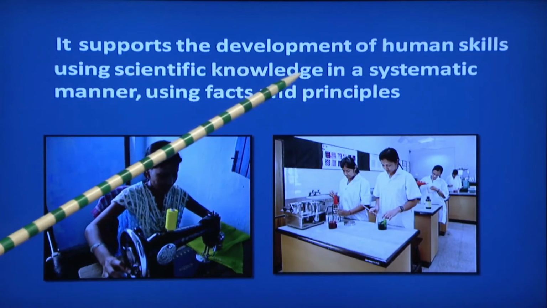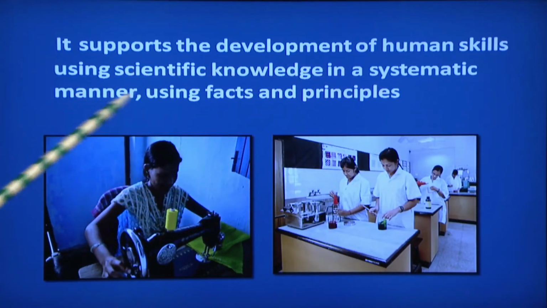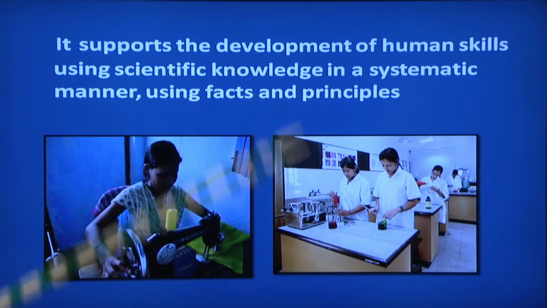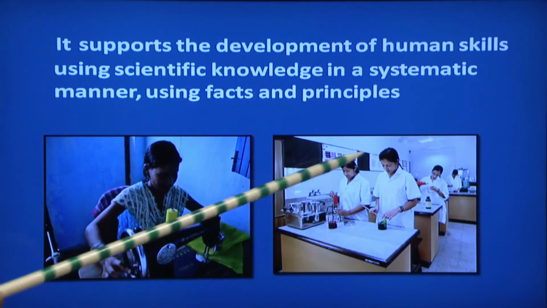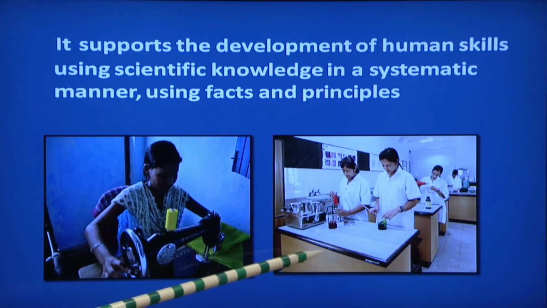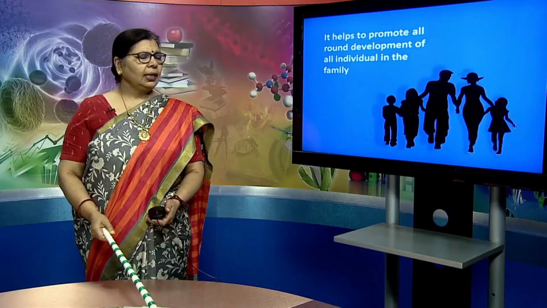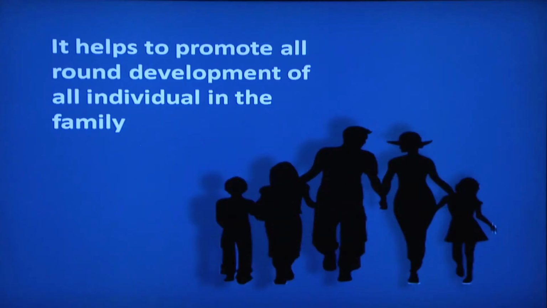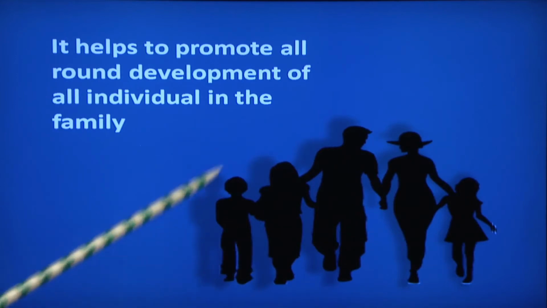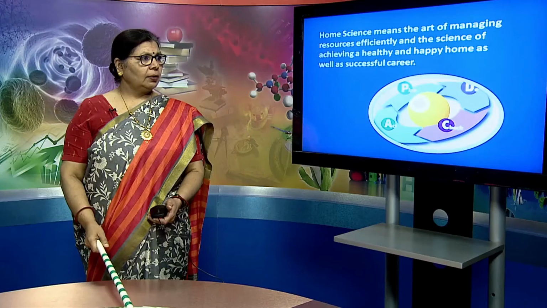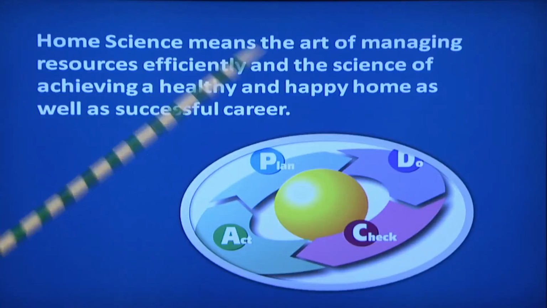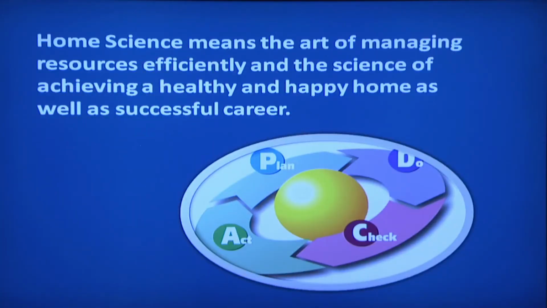Using scientific knowledge in a systematic manner and using facts and principles. Here you can see the laboratory work which the home scientists are learning, and here is a skill that she is developing. It helps to promote the all round development of all the individuals in the family. This is a family. Further, home science means the art of managing resources efficiently and the science of achieving a